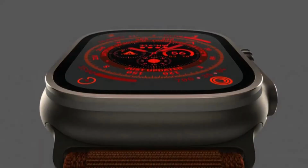It also has a bigger display at 49 millimeters, which has an outdoor peak brightness at 2000 nits. It also features a compass, a night mode, and dual frequency GPS, which allows a more accurate positioning when you are in a big city with tall buildings. It also has an 86 decibel siren, which can be used in emergency, and also is waterproof until 100 meters depth. The case is also made out of titanium, and the glass is the same glass that you have in high-end watches, and will be available September 23rd at